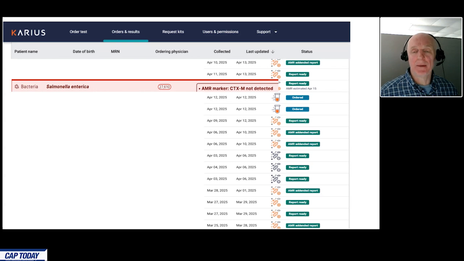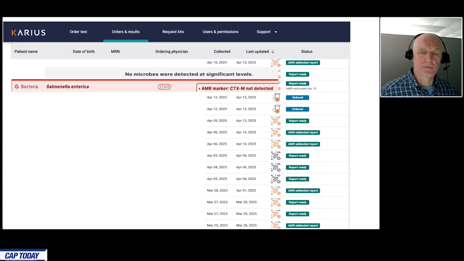28,000 almost MPM is extremely high. He was septic and quite ill. The following day, the screen for CTXM, the most common community-acquired genetic marker for ESBL, was reported as negative. The patient above, where we had a turnaround time in less than 48 hours, was a negative detection, as Tim